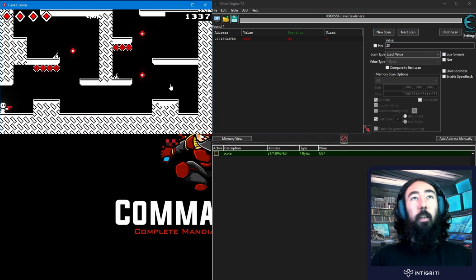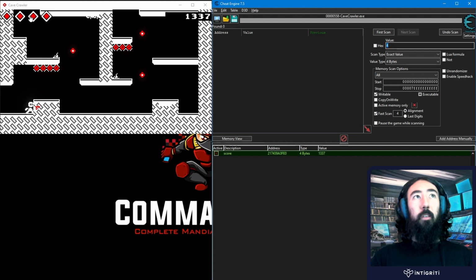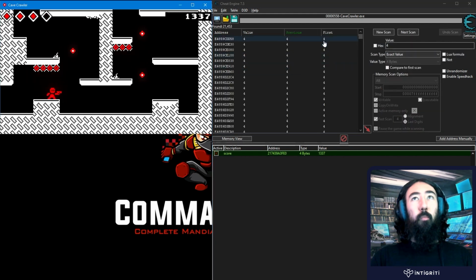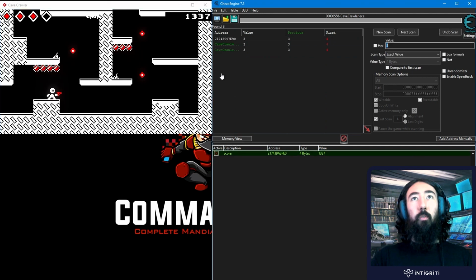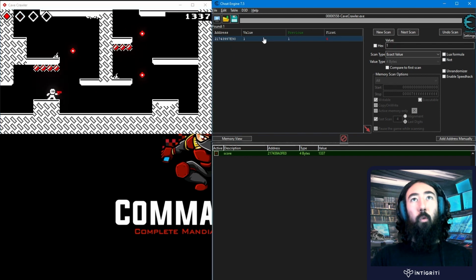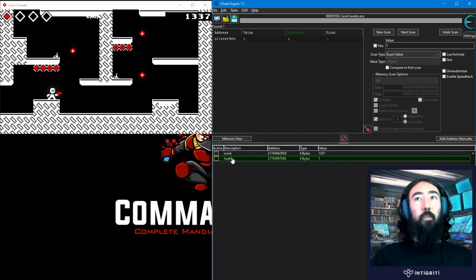So that's all good. Now let's do what we did previously whenever we looked at Cave Crawler, where we first of all want to search for our health. You can see in the top left, we've got 4, so I'm going to do an initial scan for 4, jump up, take some damage, it's down to 3, we'll do our next scan. I'm going to do that again, so it's down to 2, still got 2 results, alright, we'll do it again. And there we go, we've got 1 result. We can change this to our health,